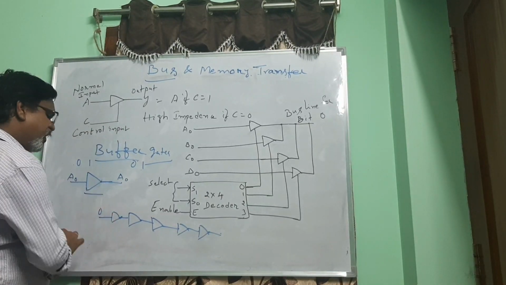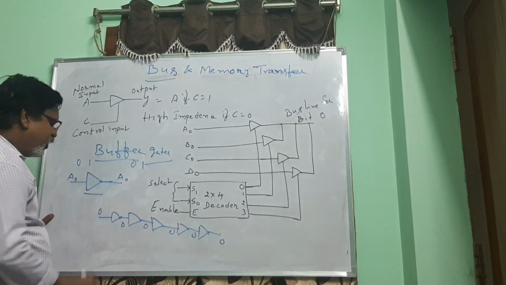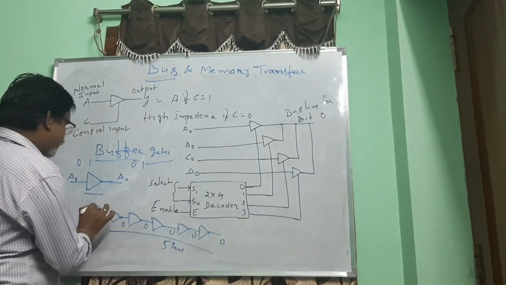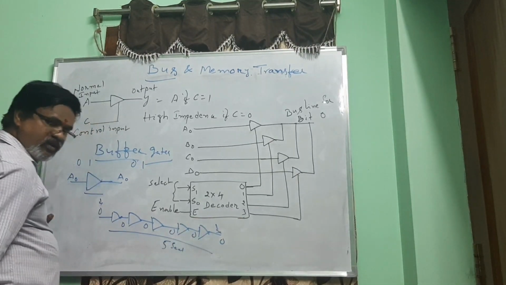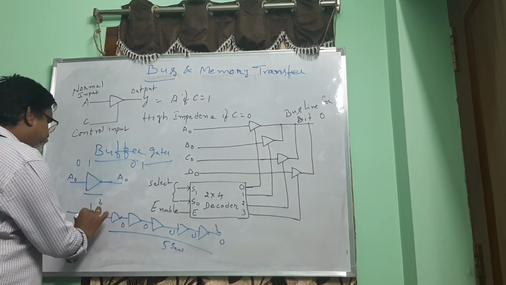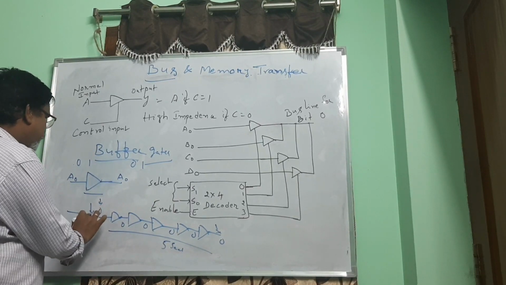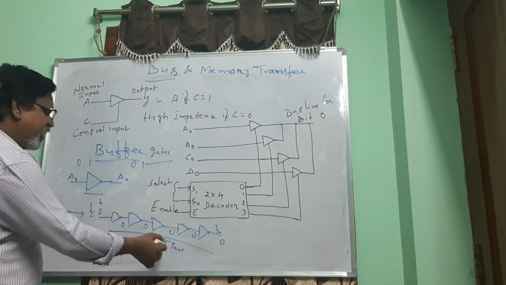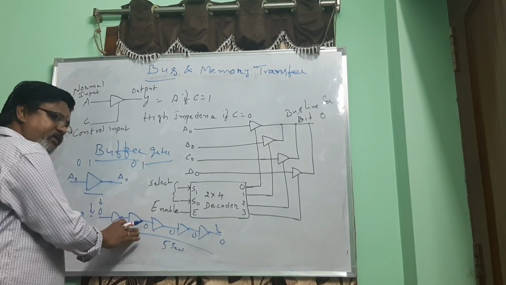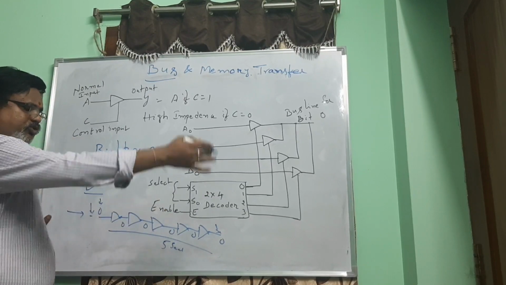So 0 is there. So 0 will be 0 output, 0 output, 0 output, and also 0 will be there. It takes, let us assume, 5 seconds to transfer a bit from here to here. Why we need to connect like this is, to get the next bit at this input point, it may take 5 seconds, let us assume. To get the input at this point of time as a new input, if it takes 5 seconds, then till that 5 seconds, if you are not transferring the 0 bit, the third party data transfer, which may be 0 or which may be 1, comes, which gives you wrong data.